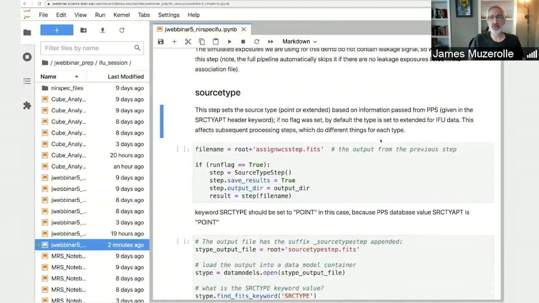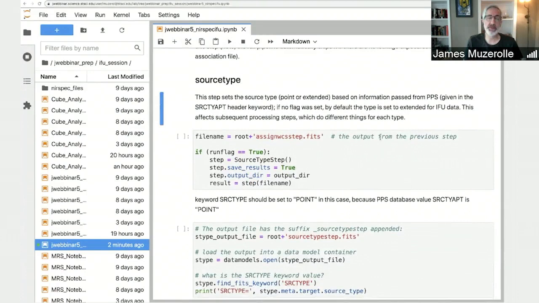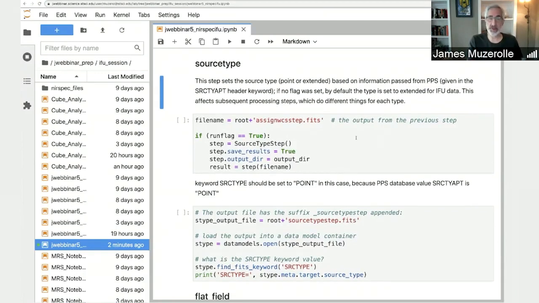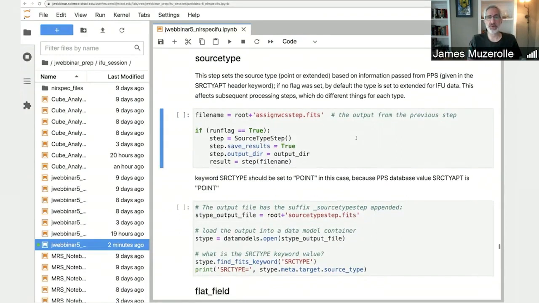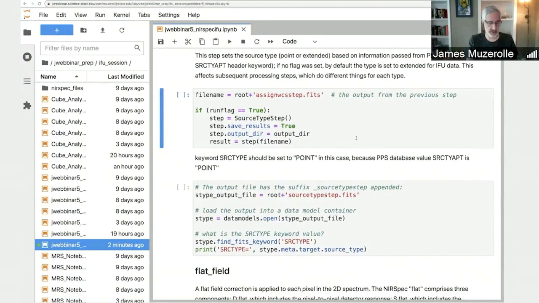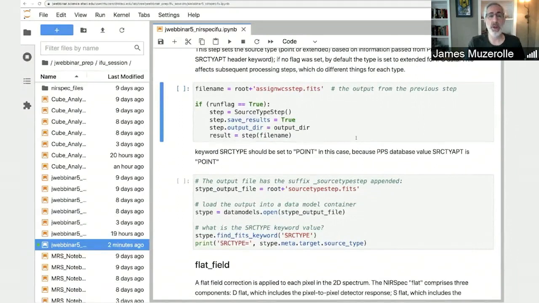The next step is source type. Here is where the pipeline attempts to determine whether the source that was observed is a point source or whether it's extended. This information is needed by subsequent pipeline steps. Some of the algorithms that are used are slightly different depending on which category. That is, it also affects the wavelength scale. So for IFU data, the pipeline determines this currently simply by looking at information that's passed from APT via the PPS database. When a user is designing the observations, when they first specify